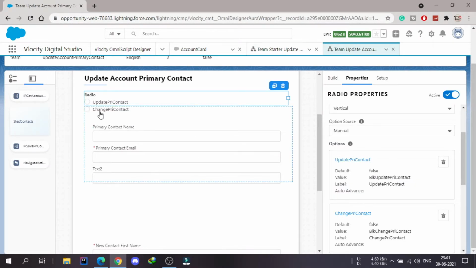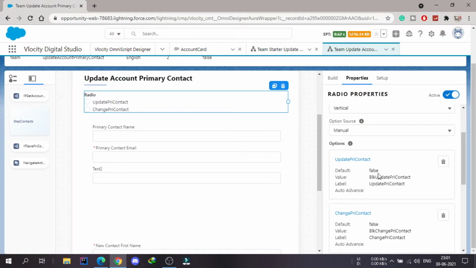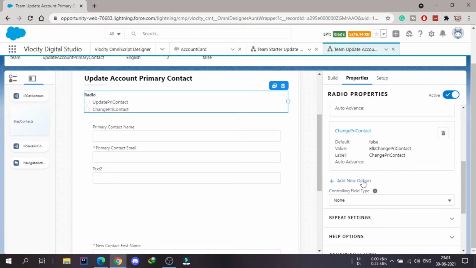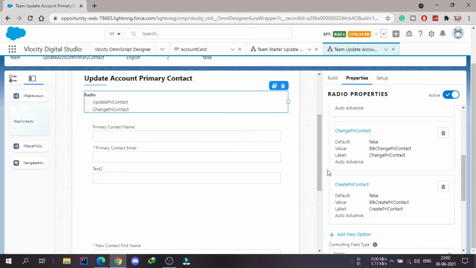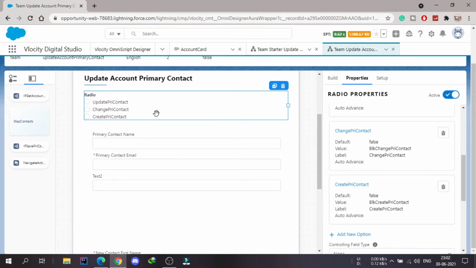So we have two options here. I will add another one so that we can create a new one. So this will be block create primary contact, and the label will be create primary contact, and I will save this. So all these buttons are created.